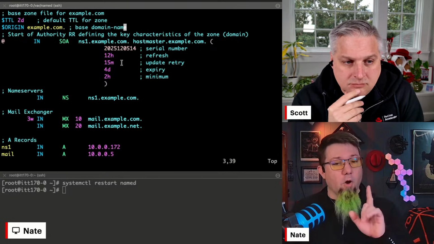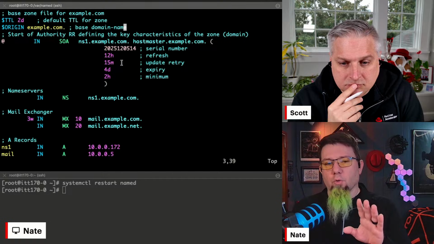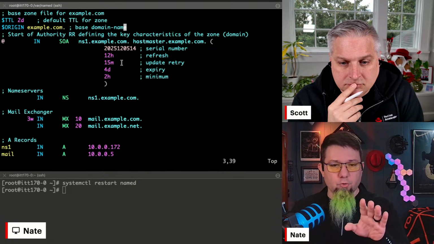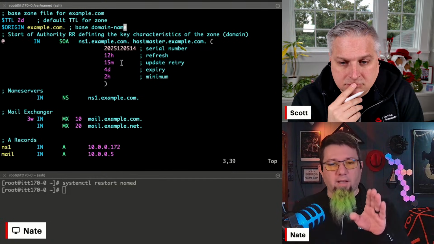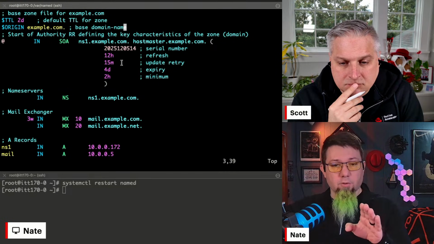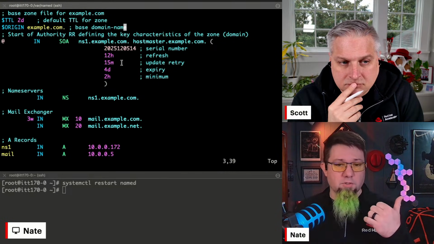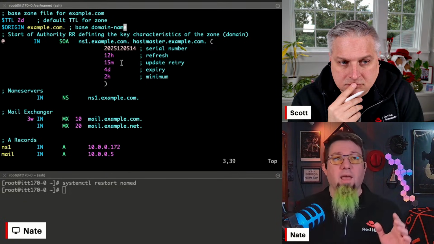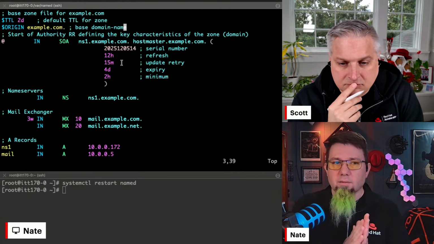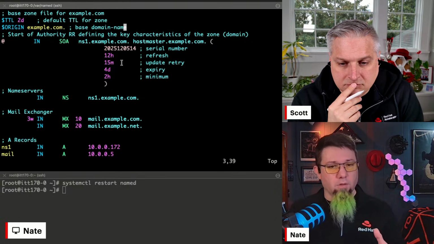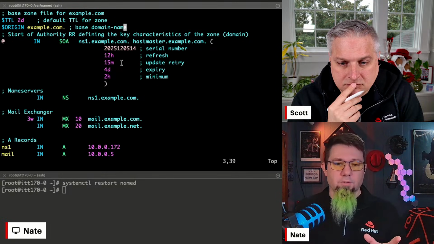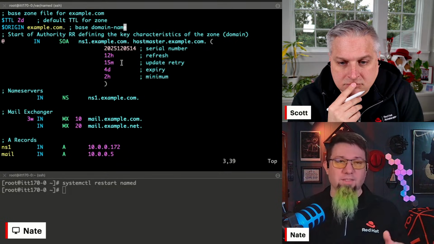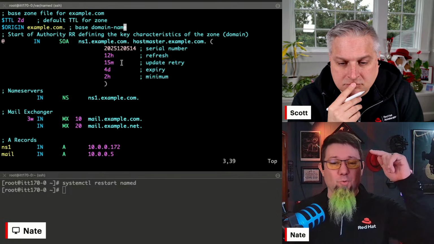So, there are some limitations here. And I don't know if these are still all true or not, but if this number changes too greatly, and I don't remember what the too greatly number is, then it will actually be rejected by some other name servers. We ran into this when I was in higher ed. Somebody had typoed the serial number in our zone file. It was still a valid serial number, but it didn't match our standards. And we knew that was going to cause problems later. The way to fix it, we figured out, was there's an upper boundary to what these can be.